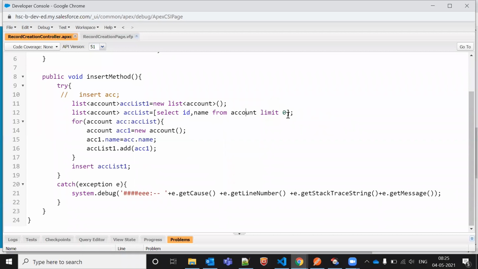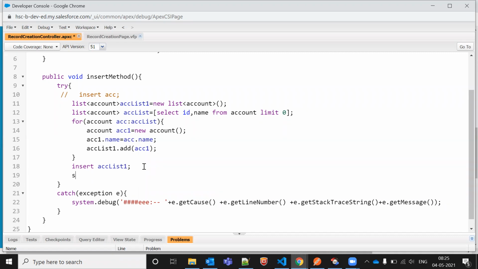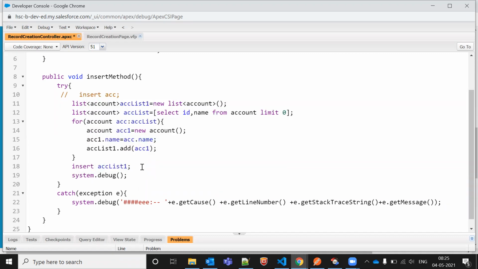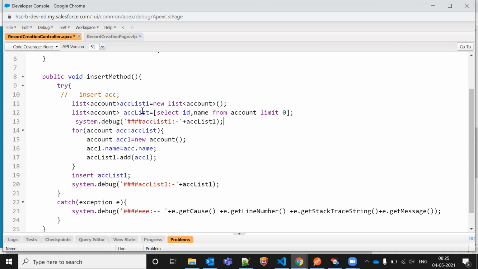So limit 0. Let me debug here as well. System.debug. Then we'll get to know the reason, what the output of this one is. We can do one more thing here: we can calculate the size. So what's the value we are getting here? Size.